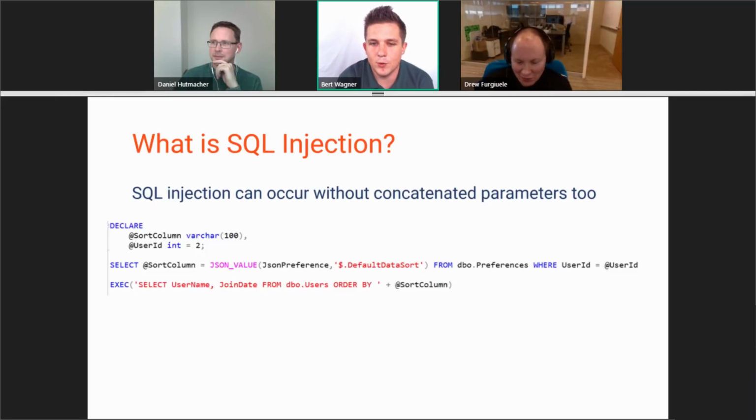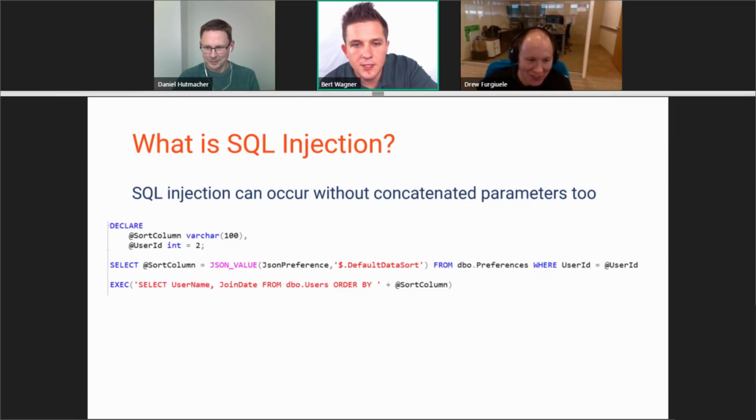But a lot of times that gets overlooked because in this type of scenario, if this is a stored procedure, our sort column variable isn't coming directly from our user input. It's coming from a different place in our database. And so with that said, let's switch over and look at the demos of how this basic